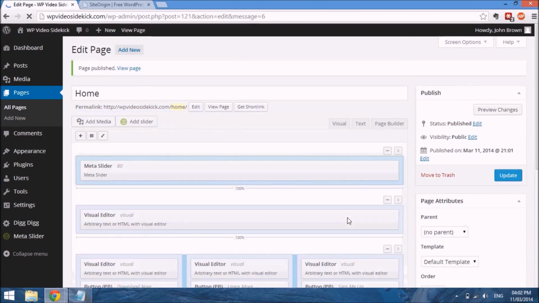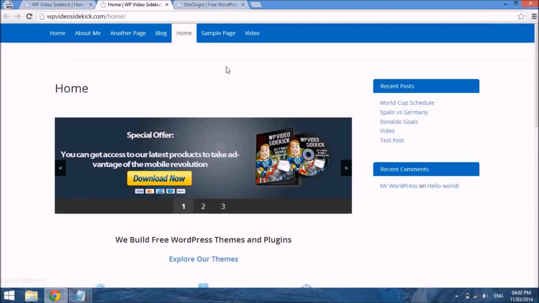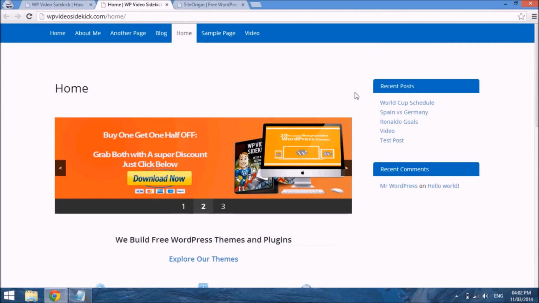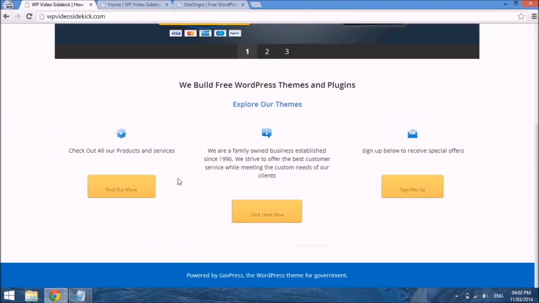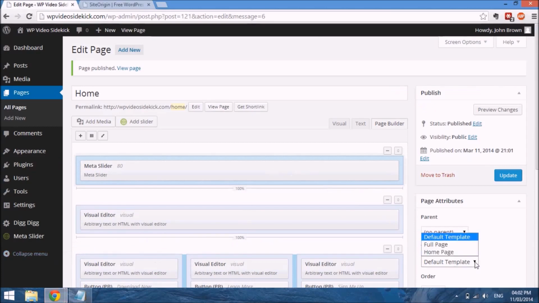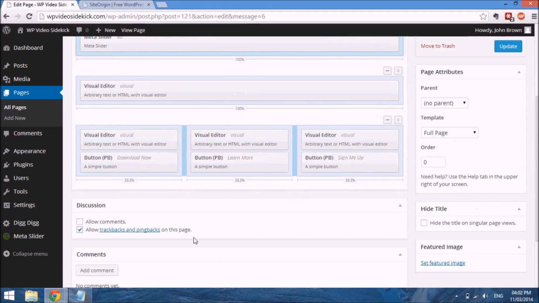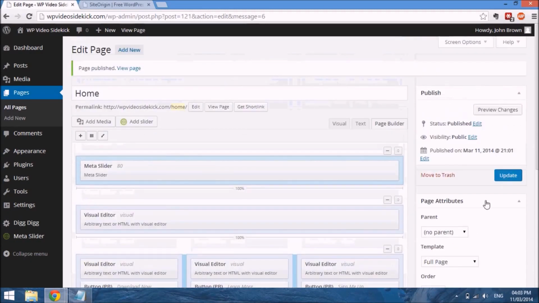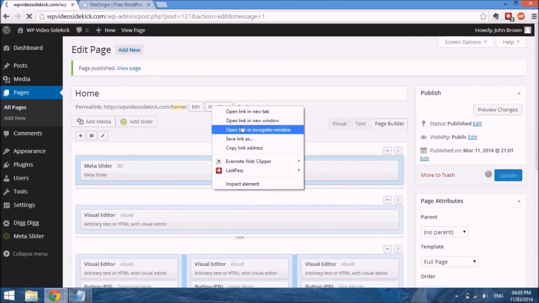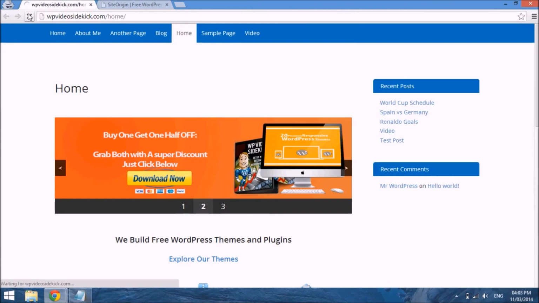And if we just give it a second to update, and if we go ahead and view this page, okay, so one thing I forgot to do was I wanted this to be a full width page. I'm just going to go back and go back to our editor, change the default template to a full page, and to remove comments, trackbox, update, and then view page. Refresh,